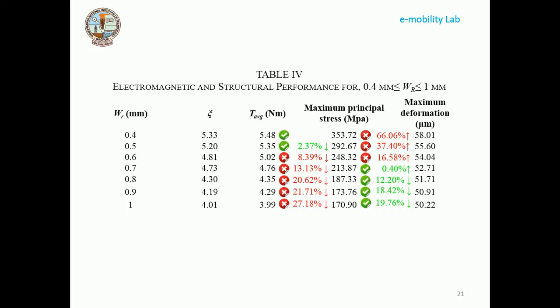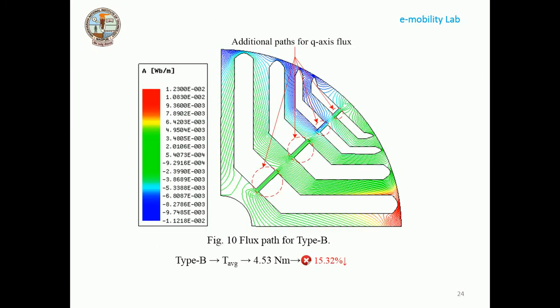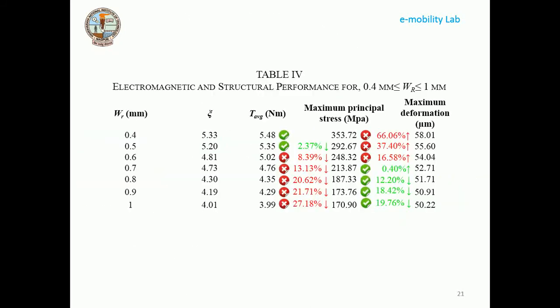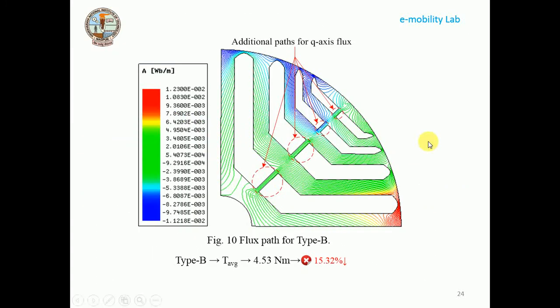So again we have a decrease around 14 to 15% in torque because of this 4.76. Now again, for 1 mm we have a decrease in torque of about 15%, which is not acceptable. It is better to choose 0.7 mm tangential ribs, because there we have only around a 12 to 13% decrease, but after providing the radial ribs of 1 mm we have a decrease in torque of about 15%. This is not advisable. Why should we go for a 15% decrease?